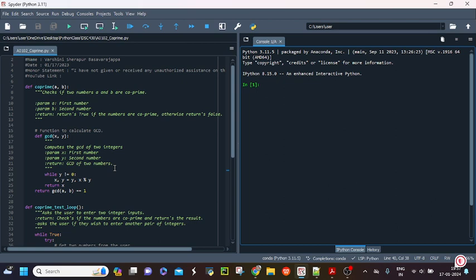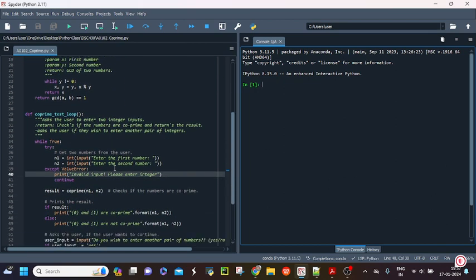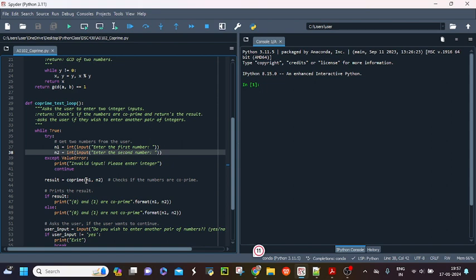The next function here I have defined as coprime test loop. This function runs as an interactive loop where the user is prompted to enter two integer values, and it catches a potential value error exception if the entered numbers are non-integer values. It then calls the coprime function to check if the entered numbers are coprime and prints out the result. It also prompts